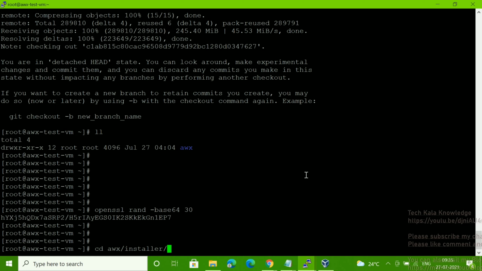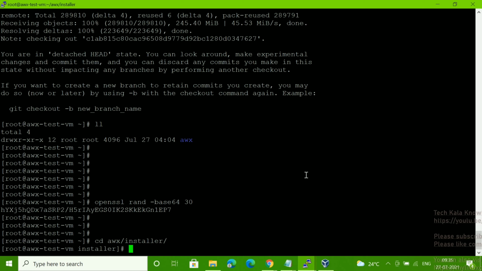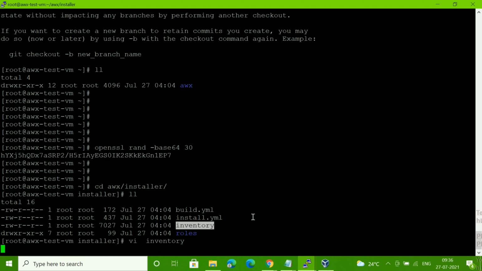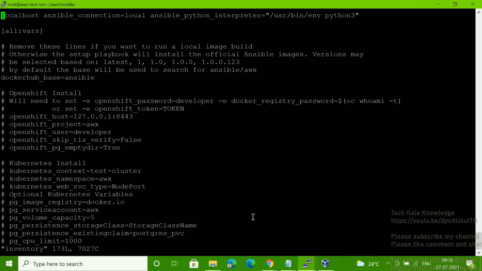Go to this directory, inside this directory put ll, and you can see this is the inventory file. You can edit this file, because we have to change some parameters inside it before we run our playbook.